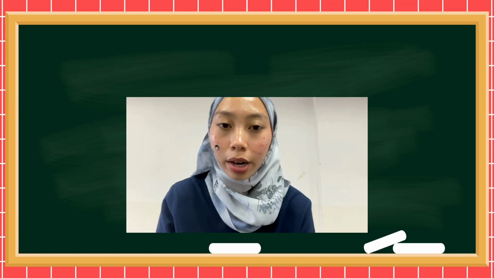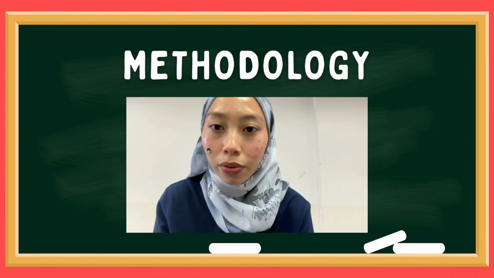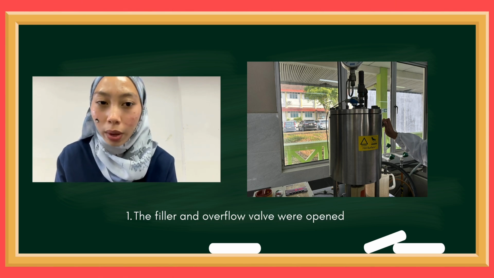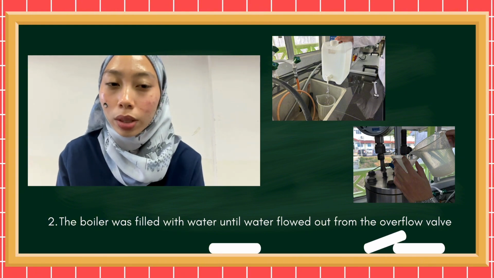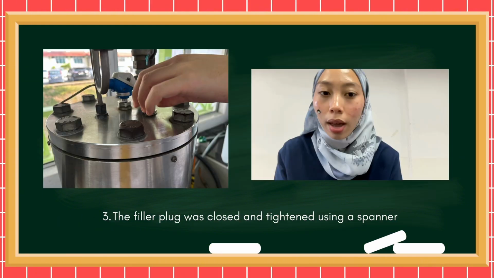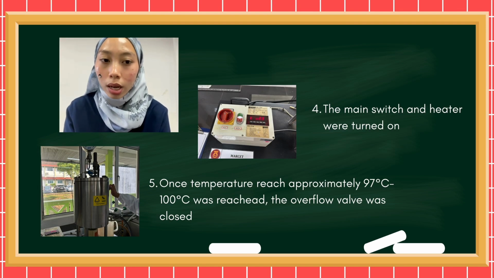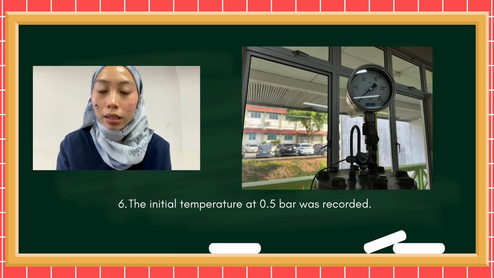Assalamualaikum warahmatullahi wabarakatuh. I'm responsible for the methodology part. The first step is the filler and overflow valve were opened. The second is the boiler was filled with water until water flowed out from the overflow valve. The third is the filler plug was closed and tightened using a spanner. The fourth is the main switch and heater were turned on. Once the temperature reached 97 to 100 degrees Celsius, the overflow valve was closed. Then the initial temperature was recorded